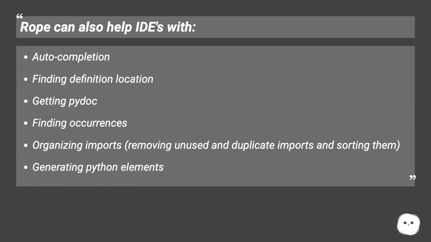Rope can also help IDEs with auto-completion, finding definition location, getting PyDoc, finding occurrences, organizing imports, removing unused and duplicate imports and sorting them, generating Python elements. This URL